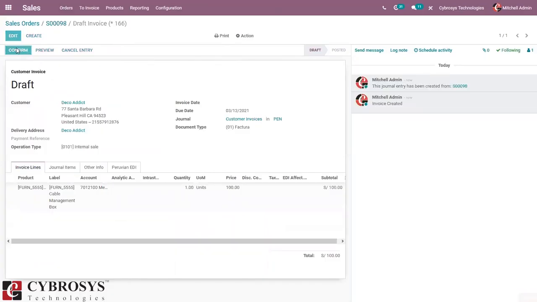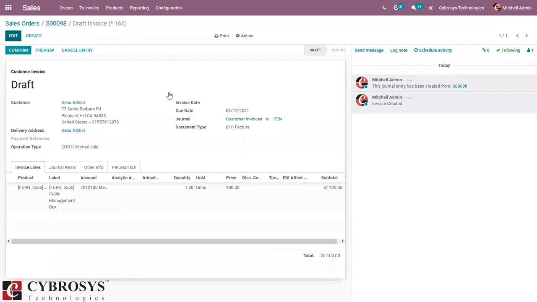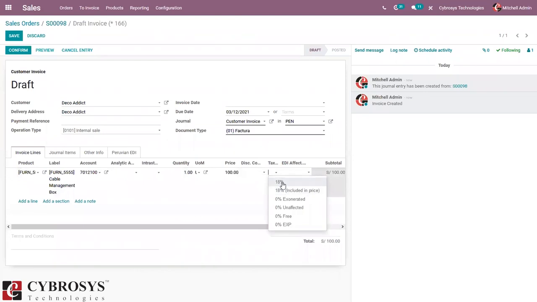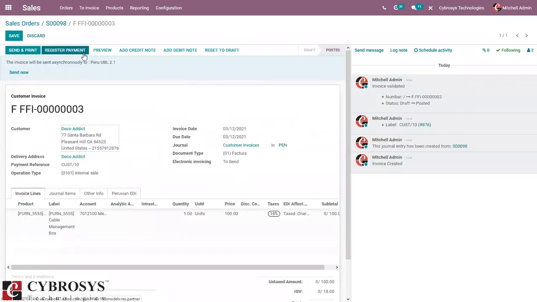Okay, let's confirm this invoice. We have to set a tax. Then, so after confirming the invoice, you can make the payment. Okay, so before making payment or after payment, you can find the option to add credit note and debit note. So you can click on add credit note.